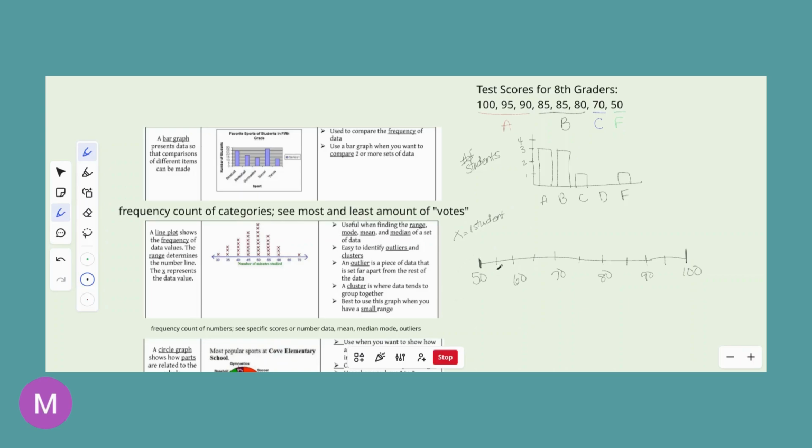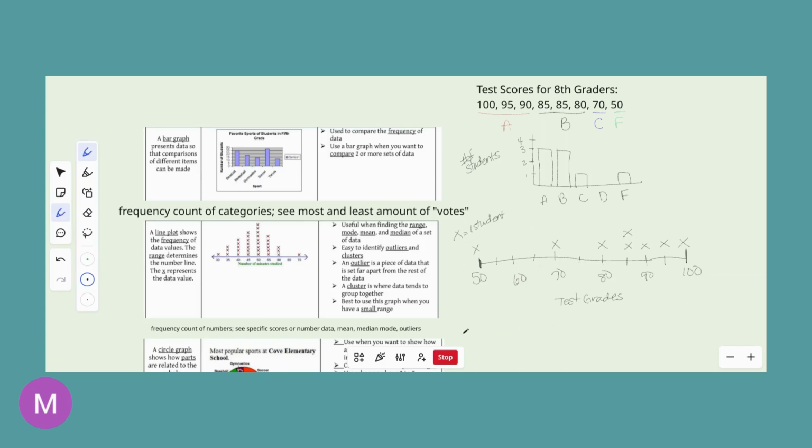And every time we plot an X for the number, it represents how many students received these test grades. So we would want to label our axes, test grades. You'd want to give it a title. We have our title up here, so I'm not going to rewrite it here. But we would say, all right, we had a 50, we had a 70, we had an 80, we had an 85. Oh, we had a second 85, and we had a 90, a 95, and a 100. So this shows our data